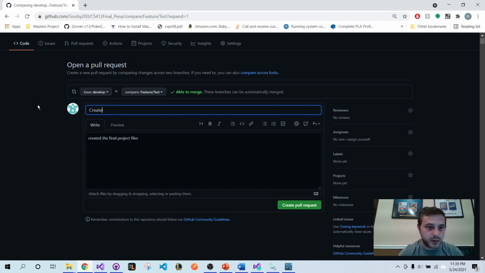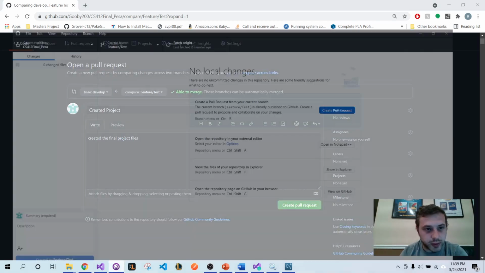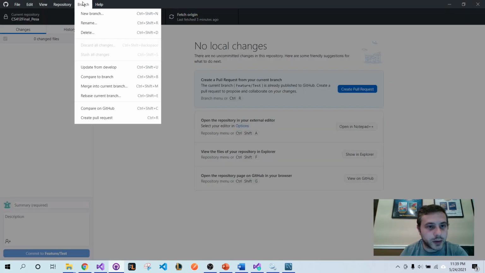So for that example, it would be "created login page," right? But for my example, it would be "created project finals," whatever. That's fine. That's pulling that from the commit, and then you would create a pull request, and that's how you would do that, and then you would merge it in. And then the way that you